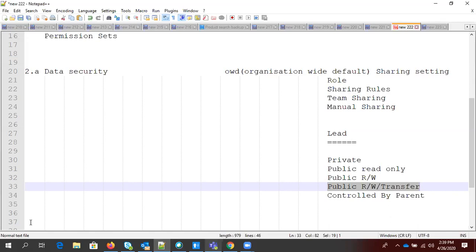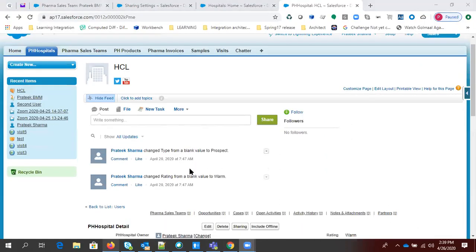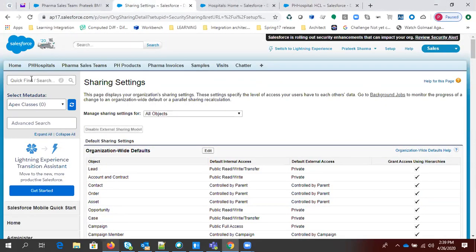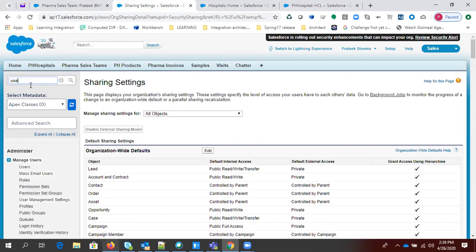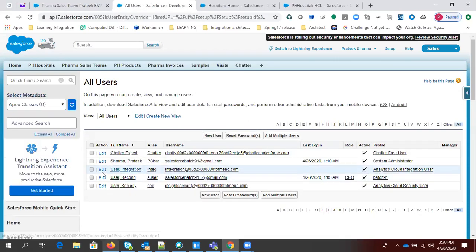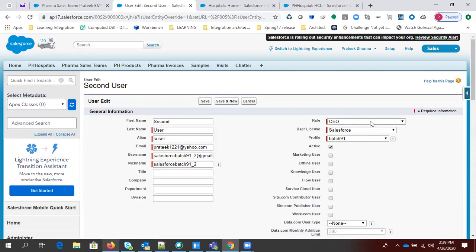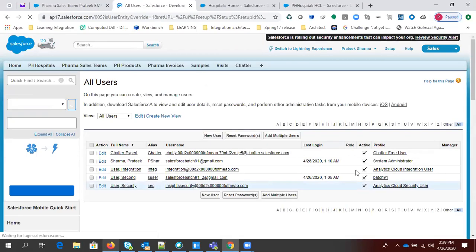Okay, guys, no problem. If you don't have any question right now, you can ask me throughout the week after practicing it. Let me show you things. Let's do some practical. So here in OWD settings, let me remove the roles from each user. We have assigned a role to a user. Let's edit it and remove the role for this user. Right, so we don't have any role assigned.